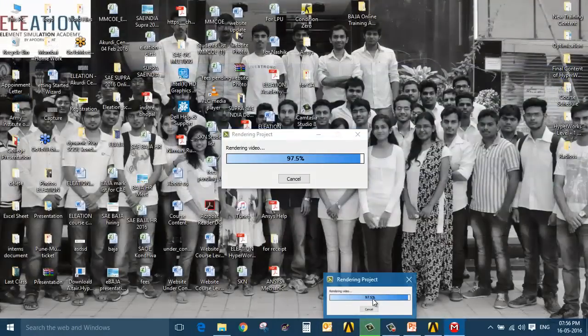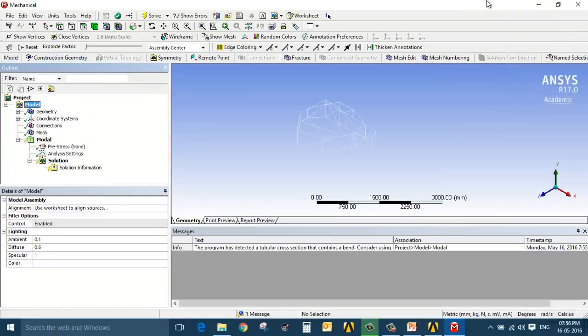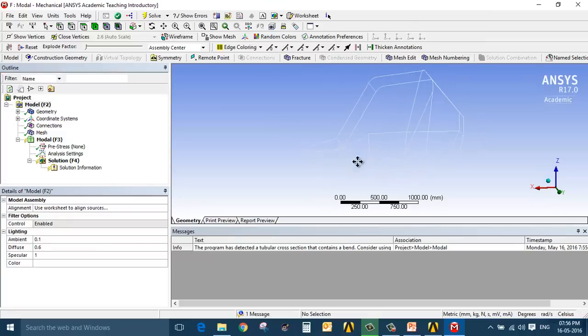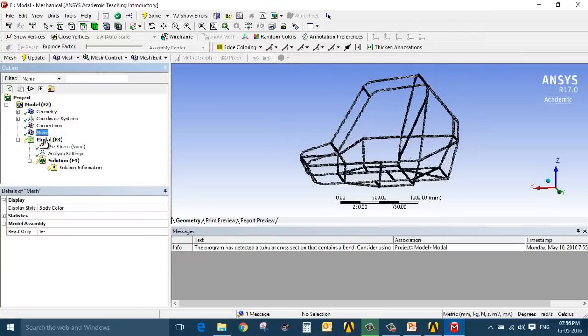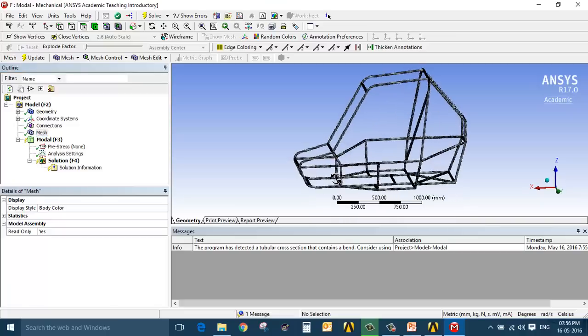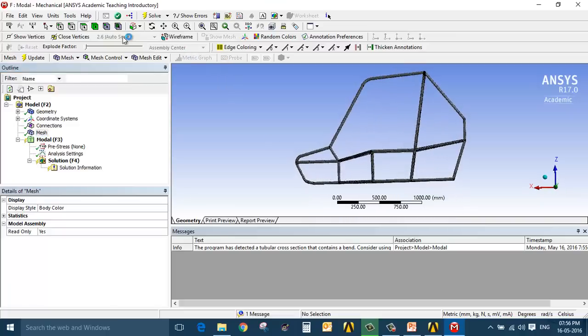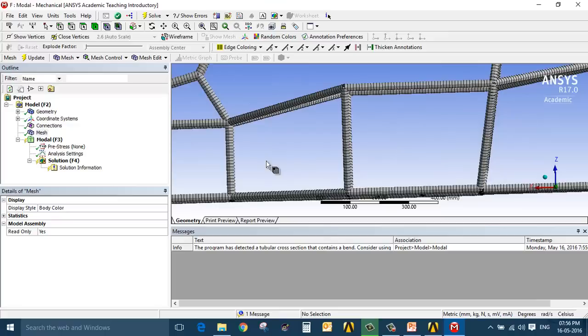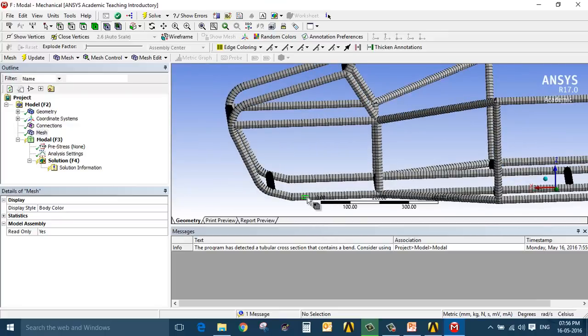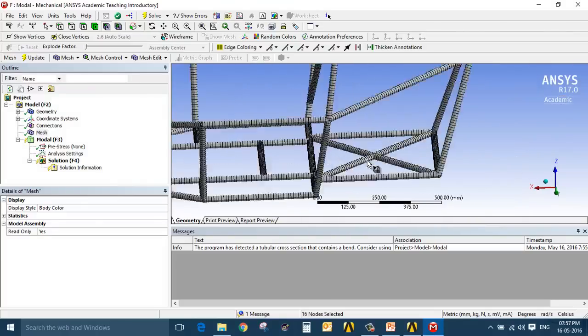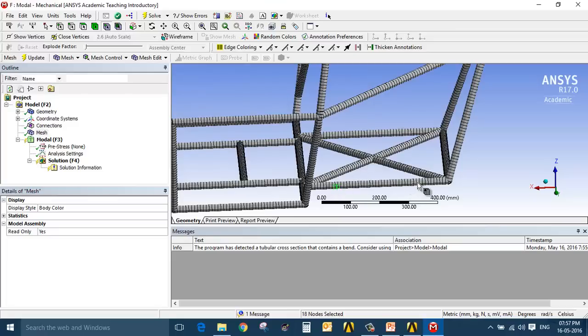So the mesh model is here. I just need to constrain this model. The rest everything is the same, so I will go to the nodes. Select two nodes here, two nodes here, two nodes here, two nodes here, two nodes here, two nodes here. Then these two nodes, two nodes. So I am constraining all the suspension mounting points. So right click, name selection,